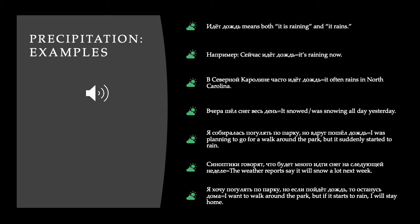And if you note, even though we have repeated action, we're still using this unidirectional verb of motion because rain always moves in one direction. It always moves from the sky to the ground. So even if it does it over and over again, it's not taking a round trip. I guess you could argue that it is taking a round trip because it evaporates and goes back into the sky. But the description of the actual act of raining is only unidirectional, and we only use unidirectional verbs of